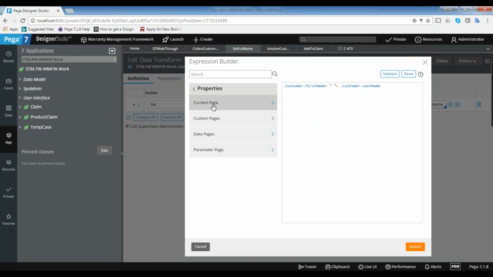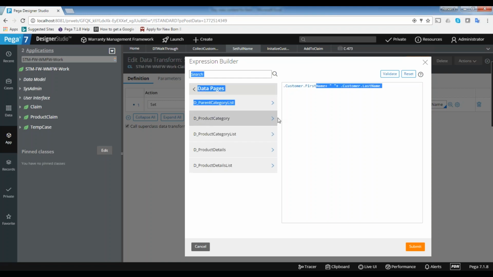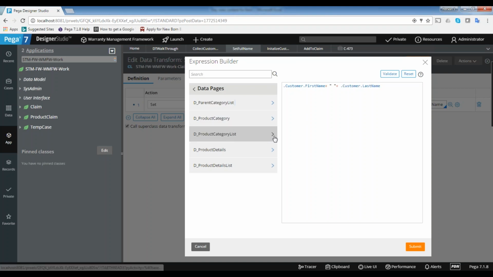You can see current pages, custom page, data page. You can use anything here. So if you want to call this product category, you can call it here. And let's say you want to copy the page. This is a page list property, and if you want to copy this page list property, you can just copy it here and then use that to copy it to some other target page list. You can do that.